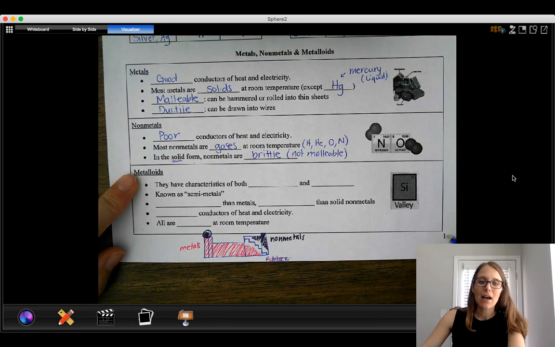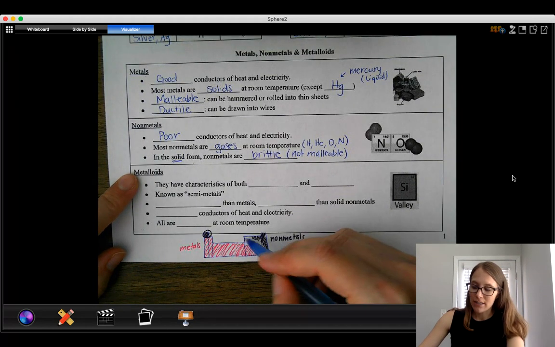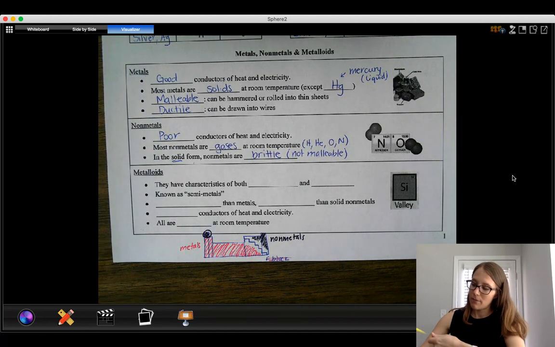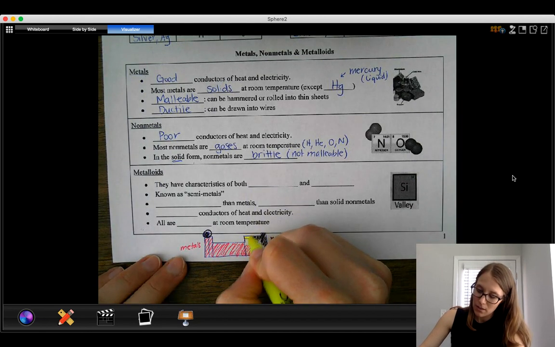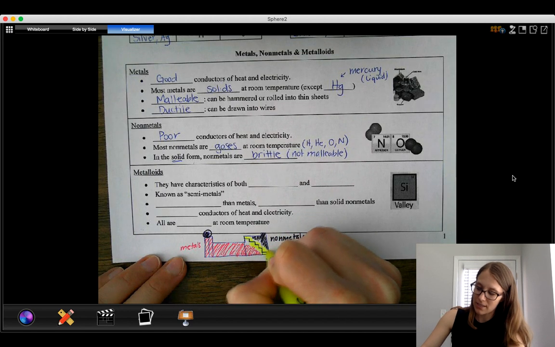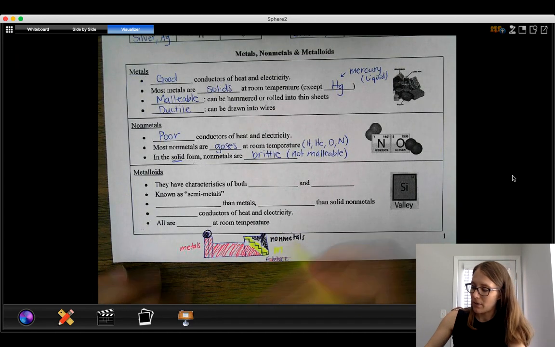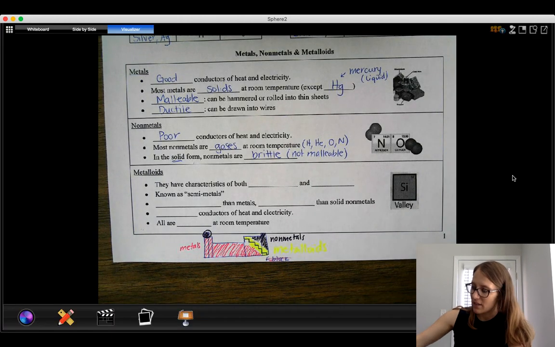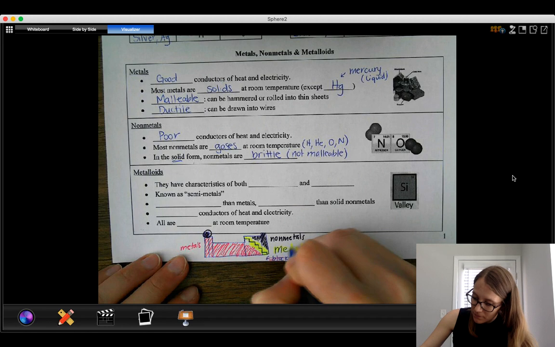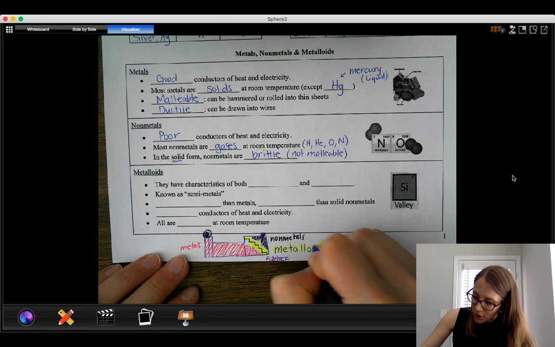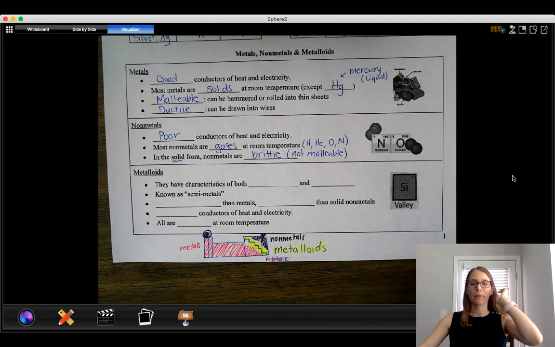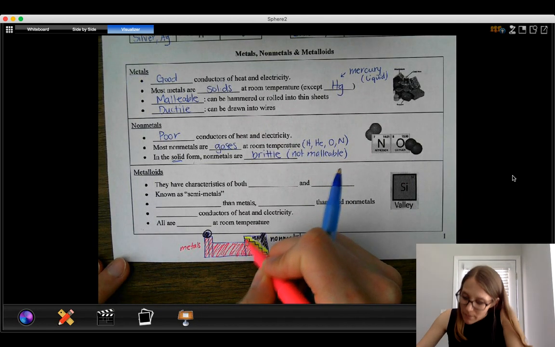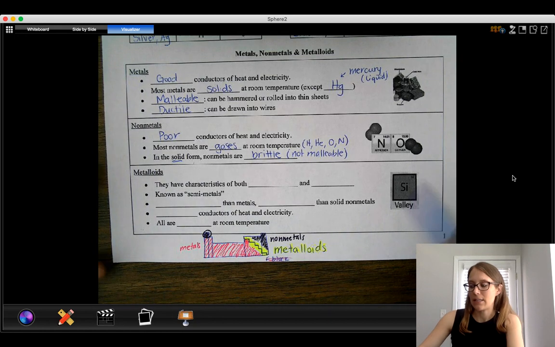Okay. The elements that are right along this stair step, the staircase on here, are called metalloids. And our metalloids are these staircase ones. So let me write that on here. And they're kind of this dividing line. There's actually a good picture of this on the next page of the notes too. So if your picture is not great, that's okay. And I'm going to just draw this up. Aluminum is a metal too. So that's kind of one little piece of the staircase.